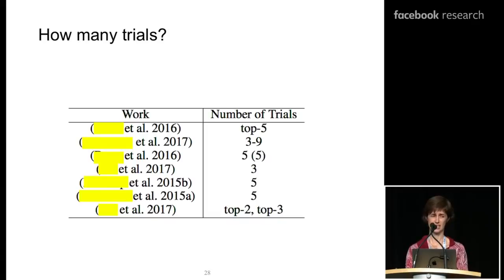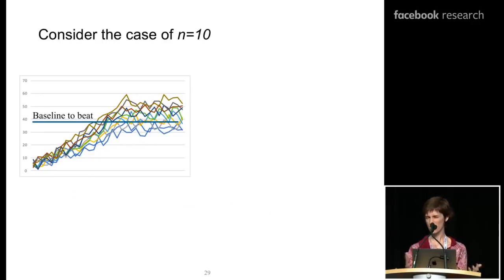Here are the number of test samples that are used in some of the top deep reinforcement learning papers of the last couple of years. None of them get up to 10. Some of them take 3 trials, some of them take 5 trials, some of them take the top 2 out of I'm not sure how many, or top 3, top 5. And I'm quite sympathetic to this because these experiments are long to run and they're slow, and you've done the hyperparameter optimization, and so you have to consider many cases. But let me just illustrate what happens.